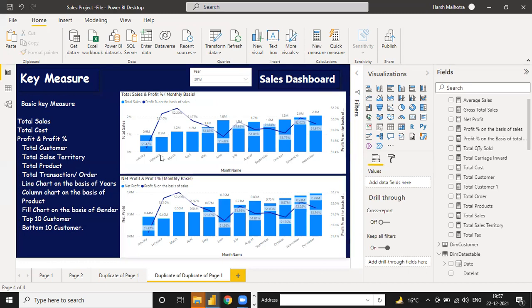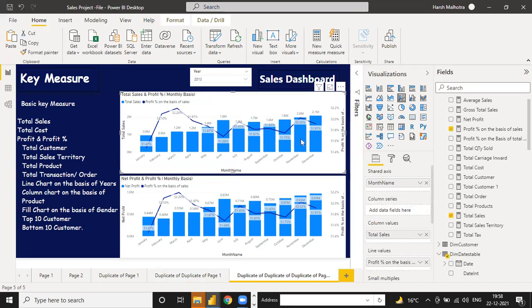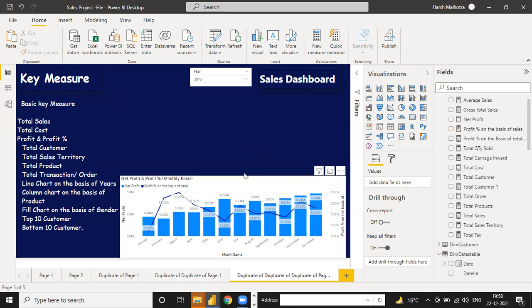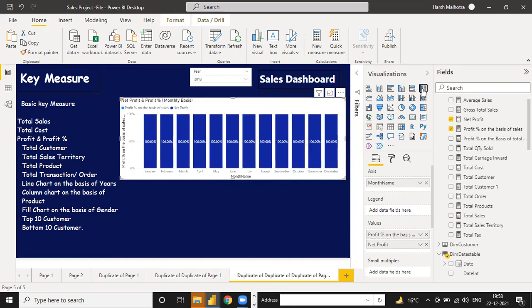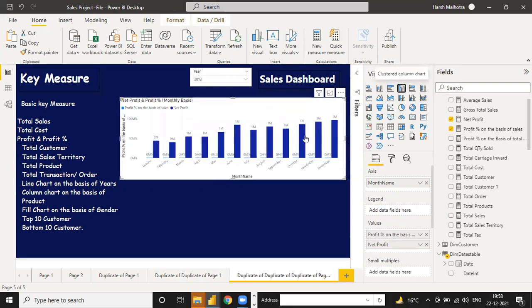Also, the next page, if I click this next page to duplicate, and now if you want to remove, suppose here there is sales and cost, and here is net profit, sales and profit, net profit and profit. So just delete this one, move up or down, and now you can change this value. Yeah, this value. Okay,